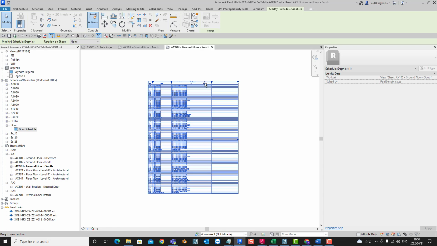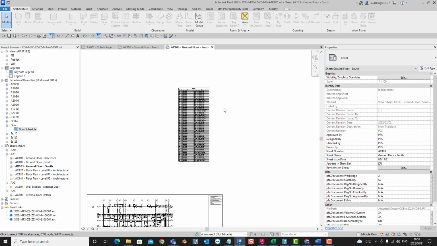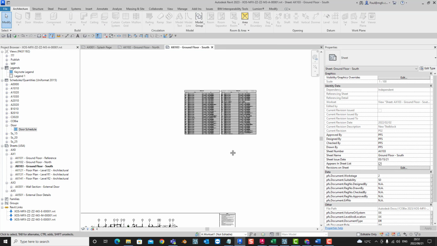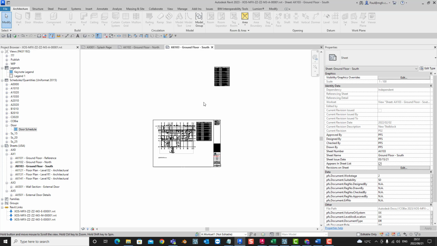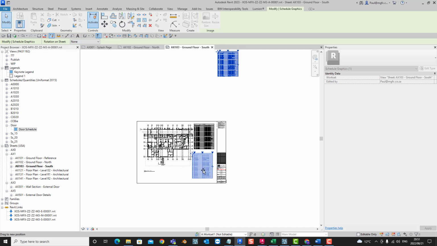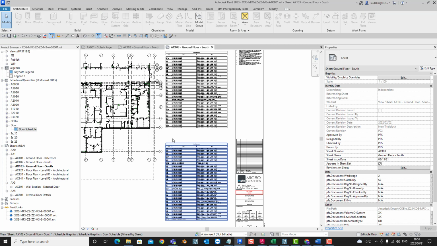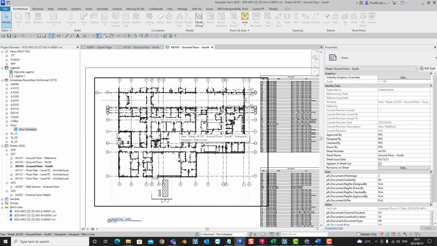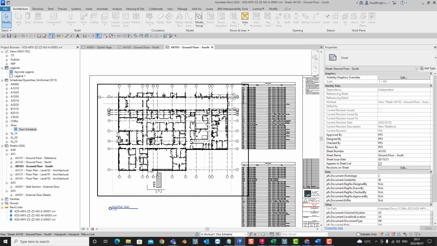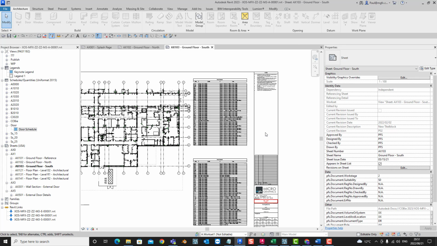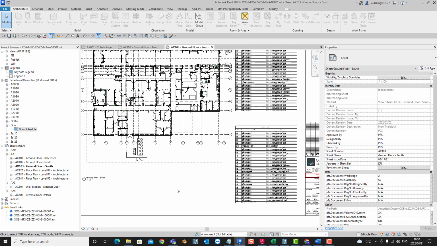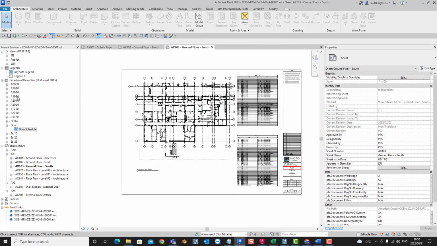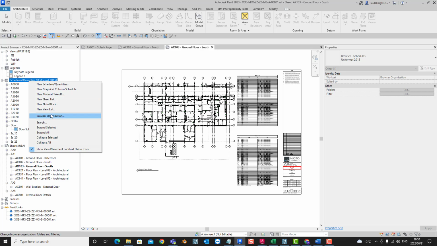So one schedule, you don't have to bother too much with filtering or putting conditions on the schedule to control whether or not you see it on a sheet. So this is a big help. It works not only with doors and windows, but even pipe systems. I tried earlier today. It seems that every schedule that you create now has this ability, so